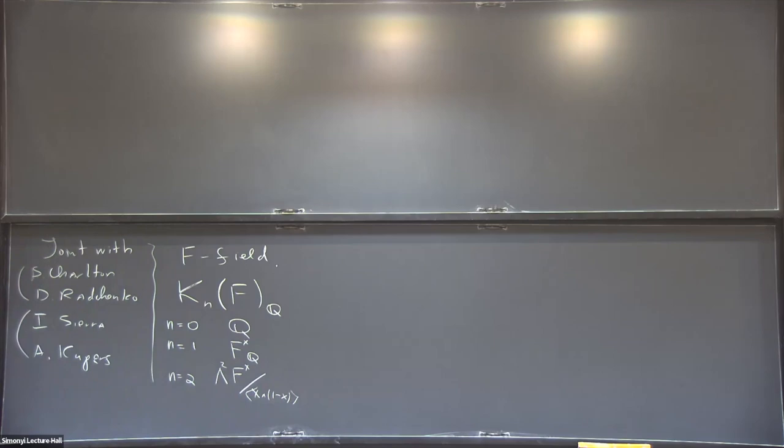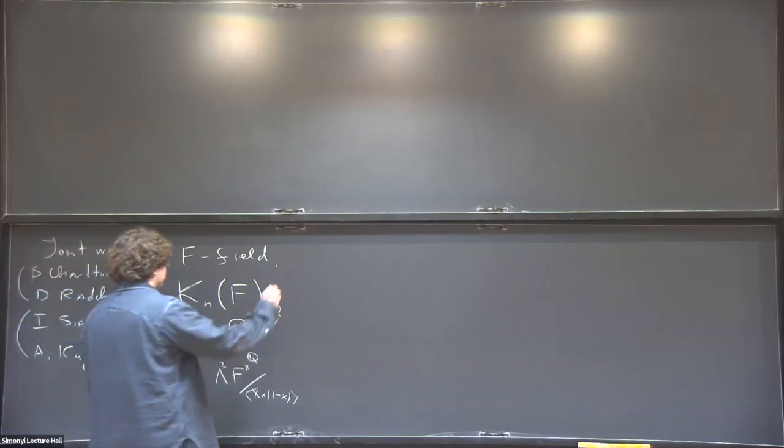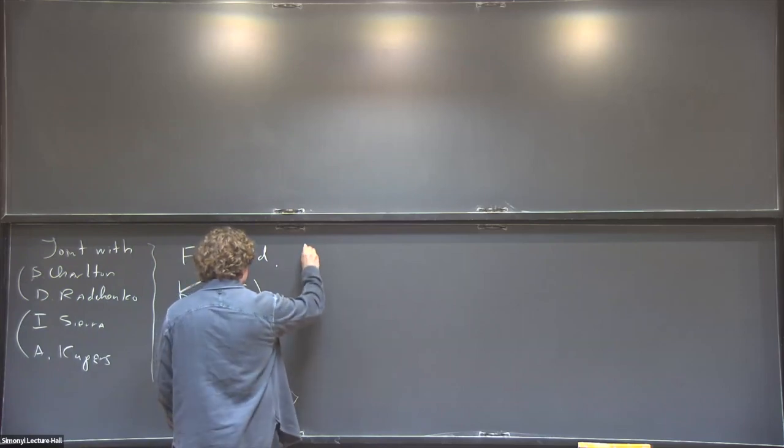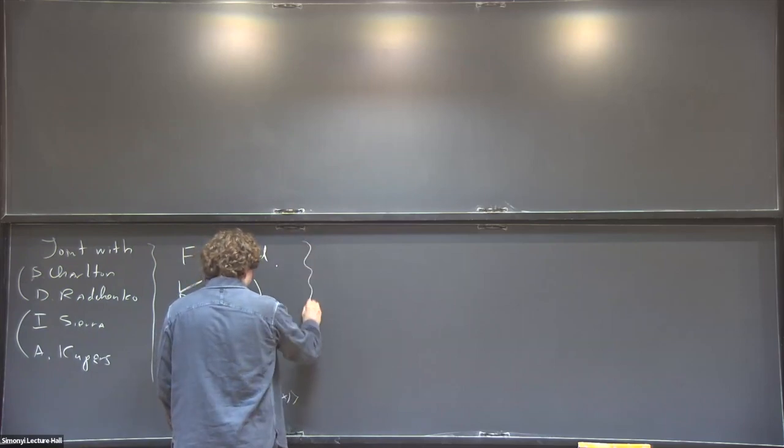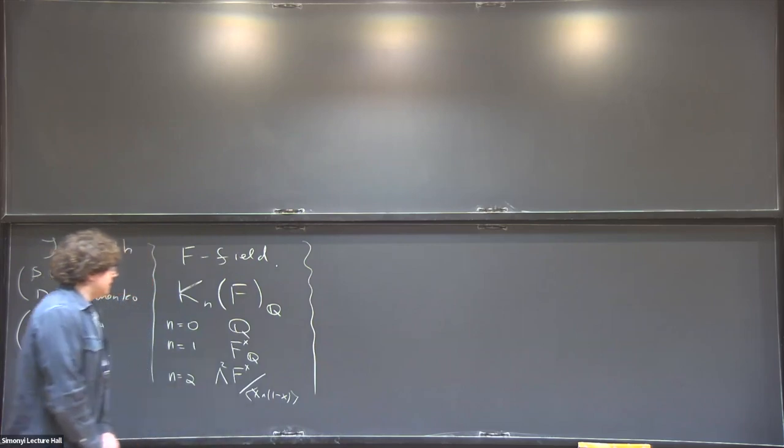So let me say up front that a completely satisfactory solution only exists for n equals 3, but I will mention results about n equals 5 as well. And there is a conjectural picture for all n and all fields. But this picture is maybe a little bit speculative, but I will try to explain that. So the idea is that